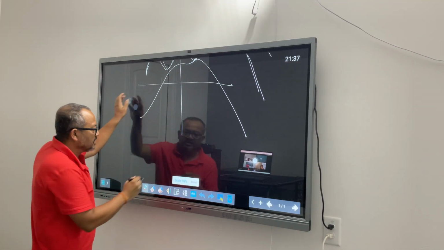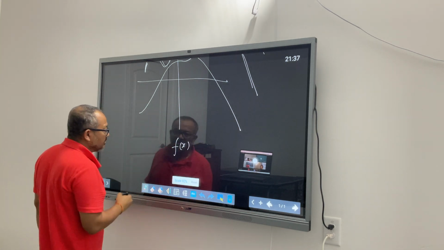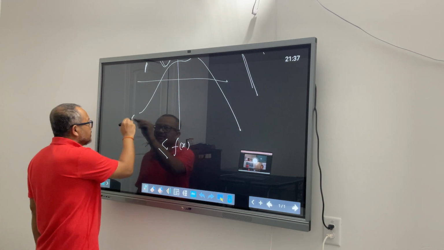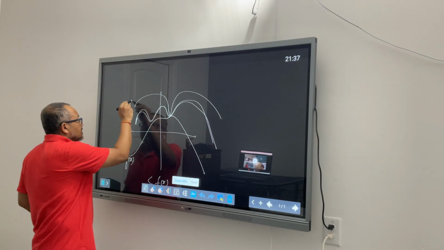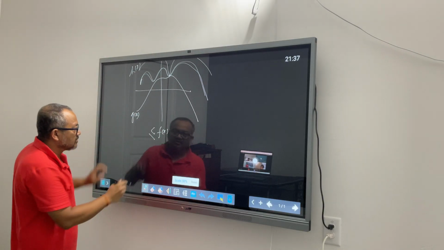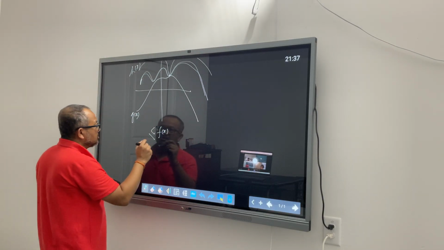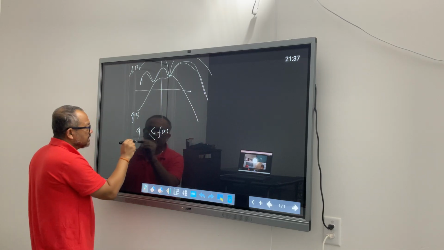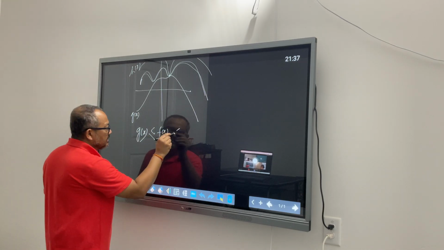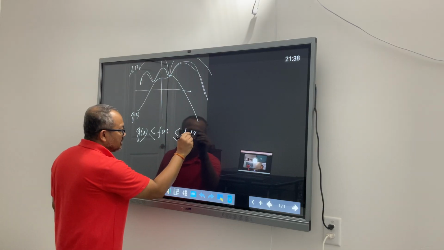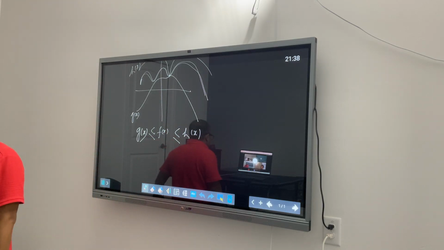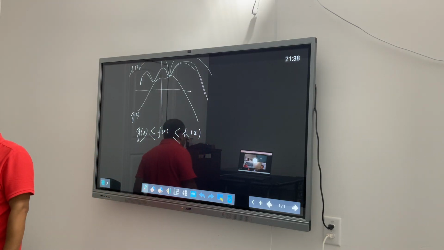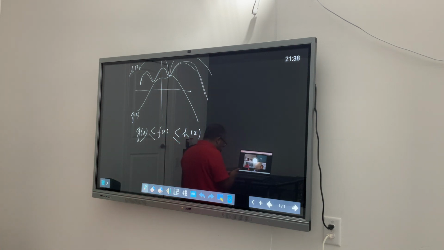So let's say this was my function for which I was trying to find the limit, and that is getting squeezed by this, which is g of x, and this one above, which is h of x. Now you'll be able to see the correlation here. So f of x is greater than or equal to g of x, and this is less than or equal to h of x. For every value of x, that has to be a precondition. Does it sound okay or not okay? Let's look at one more problem and then we will look at something which is even more interesting.